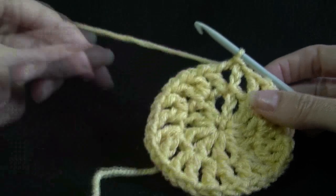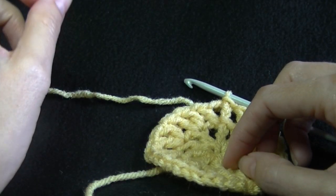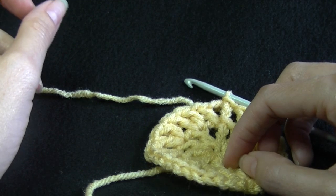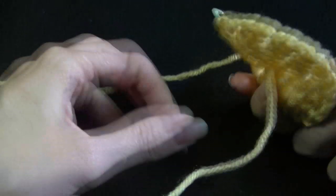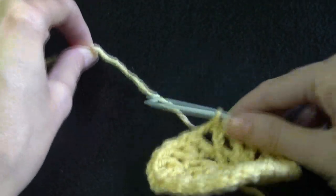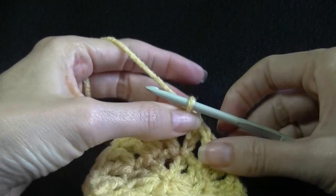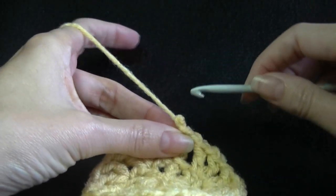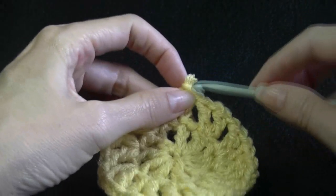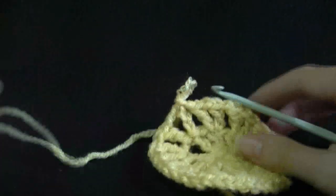Now if you want to change colour, I'm not going to change colour in this one. I did for my other one. I had so many ends to sew in, it was nuts. But if you want to change colour, you would cut your yarn off, do a chain 1, and then pull your hook and that yarn will come out. So we'll just pretend that I've done that. And then grabbing your new colour,